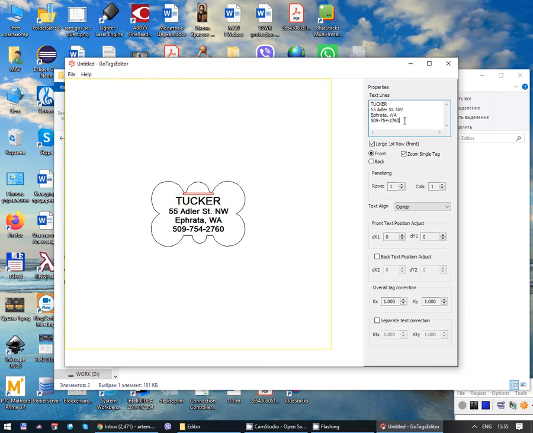No need to import the text file and reopen it with the software. It's shown in place. So basically you can also view the front and back side, large first row, and